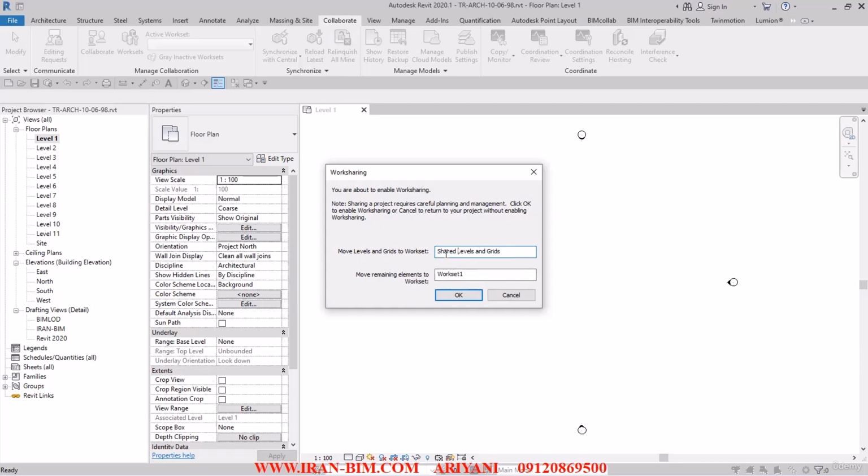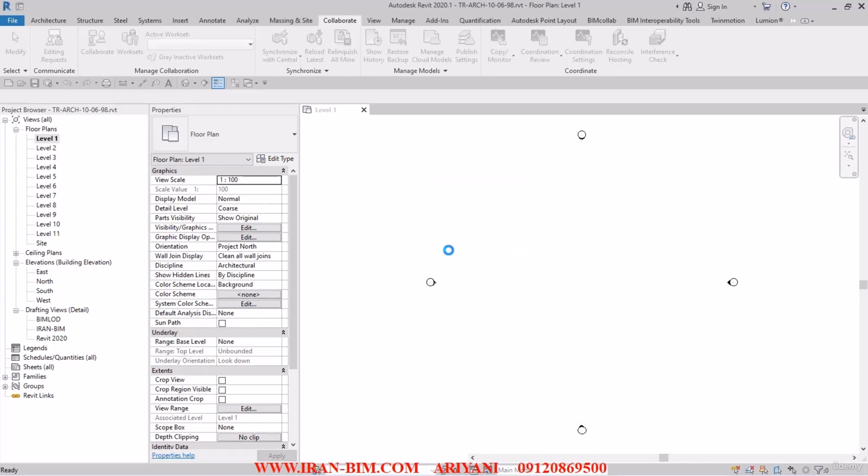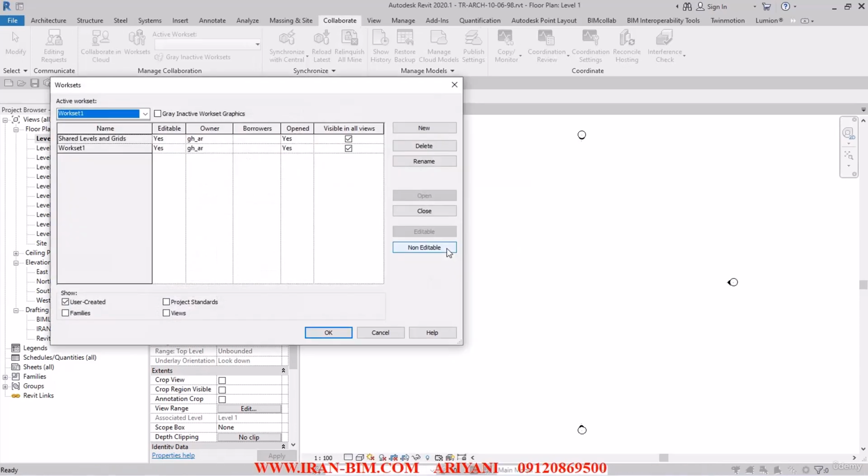And for the elements here, I define it as workset number 1. After doing all of this, I click OK. Then the workset window will open up like this. We have workset number 1 here, and then shared levels and grids here. And then I go to the file section,